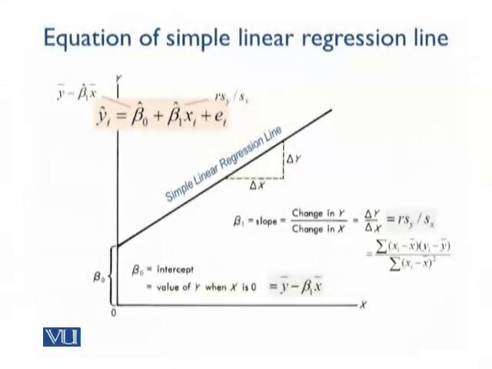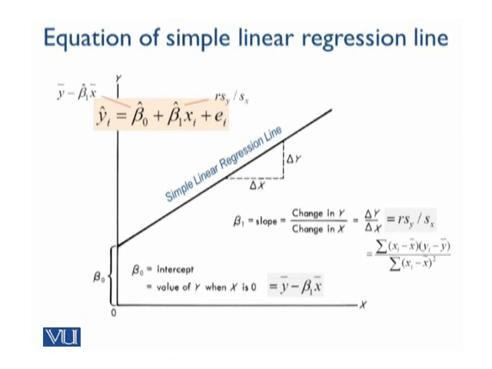Now let's study the equation of a line as it pertains to the regression line. For this line, we're assuming a positive correlation and we're talking of simple linear regression. You have two parameters that need to be defined to specify the line. The first is the y-intercept, that is, the value of y when x is equal to 0. This is the point where your line intercepts the y-axis. It is specified by the parameter beta naught.